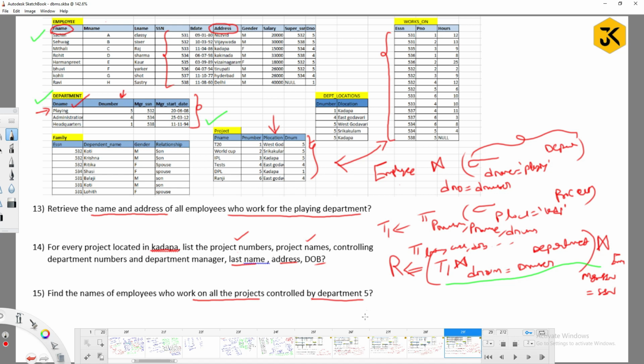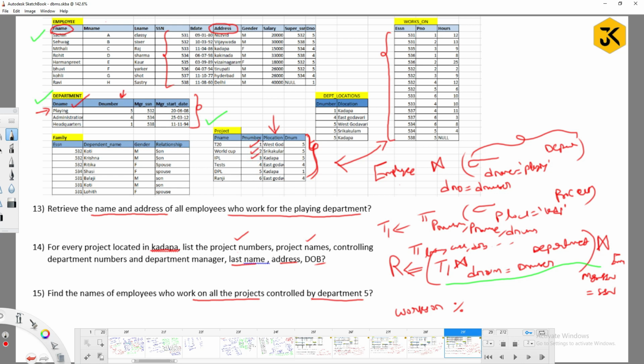You can simply write the Works_on relation, with only the names of the employees needed. With the Works_on relation, you can simply project the department 5 projects. First, what are the department 5 projects? 1, 2, 3.